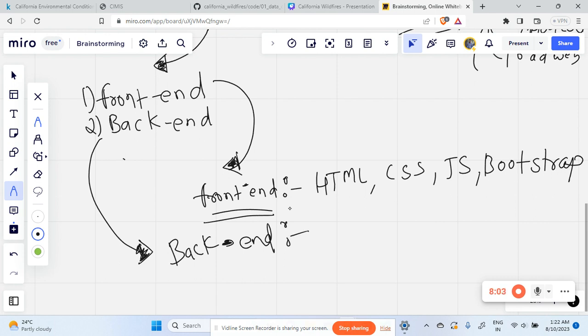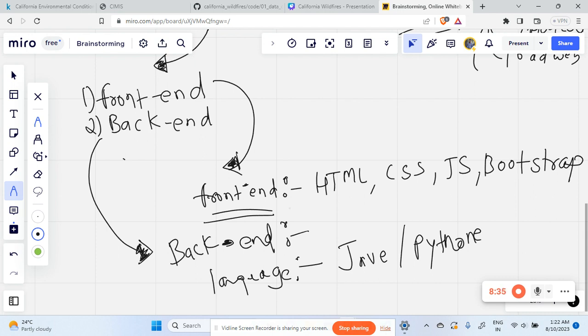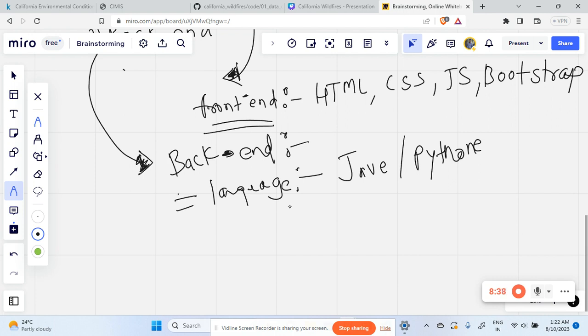It is divided into three segments. Backend is not divided into just one segment, it is segmented into three parts. One is language, what language we use. I know my writing skills are a little bit doctor type, so just try to understand what I'm trying to write here. Java and Python are the languages we use for a backend, and these are the three important components of a backend. Okay, so we have a language, then the second important thing in a backend is a framework,